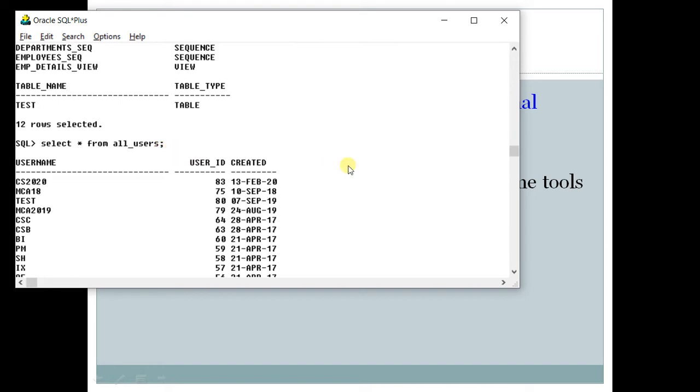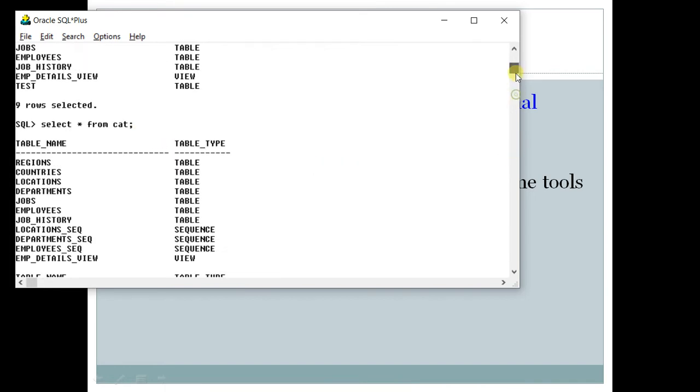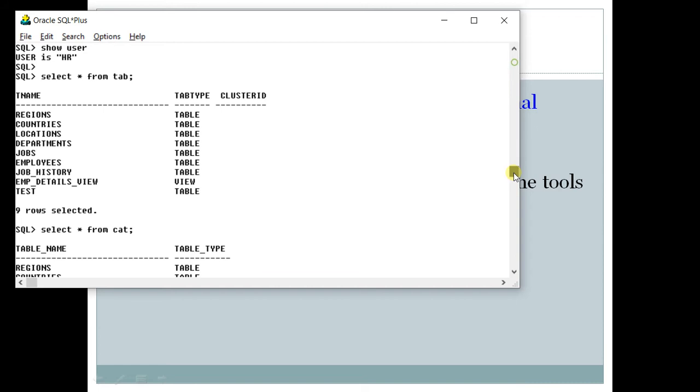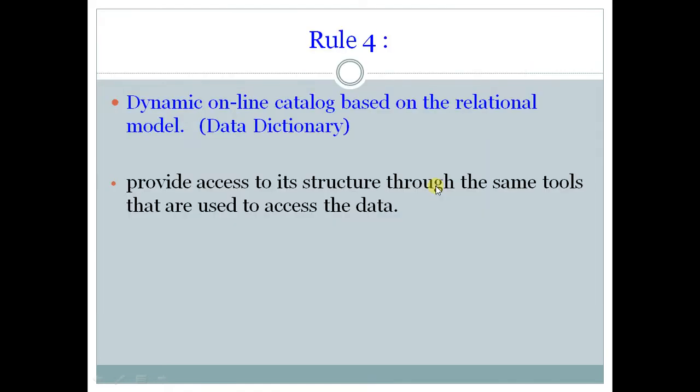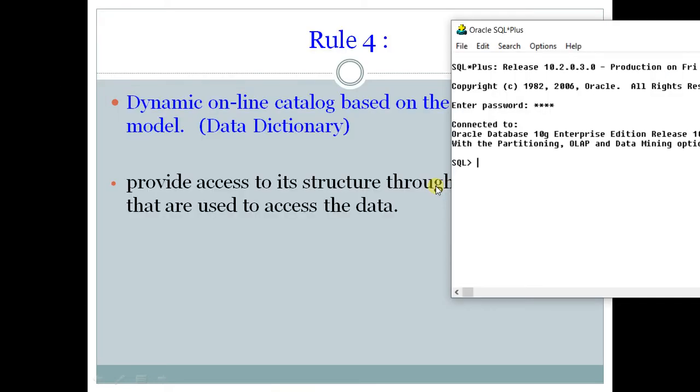There are thousands of tables present in the data dictionary, and most of them are for the use of the DBA, who uses them in his or her day-to-day operations in order to tune the system or for some kind of maintenance. So there are a number of tables, but they are not visible to a normal user. But if you try to connect, for example, let us see this user. Now the name of the user is sys.